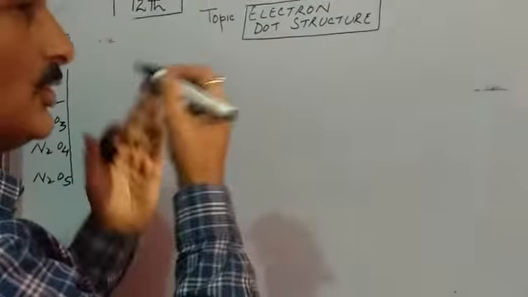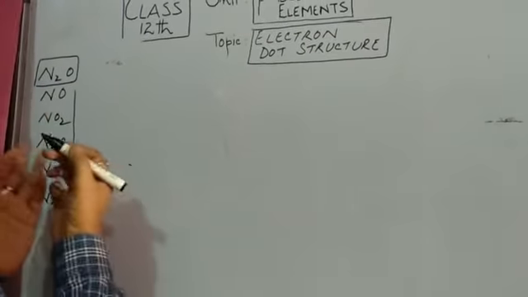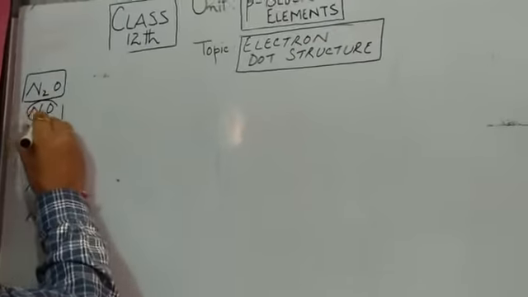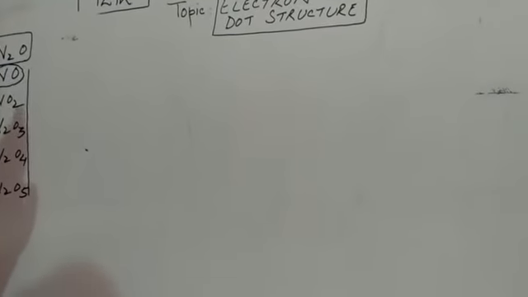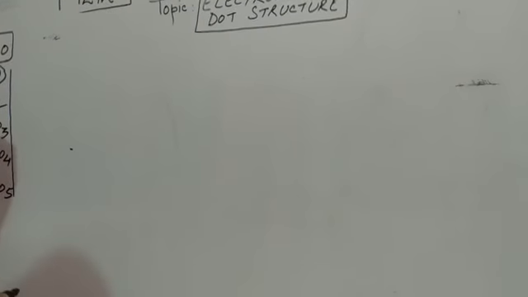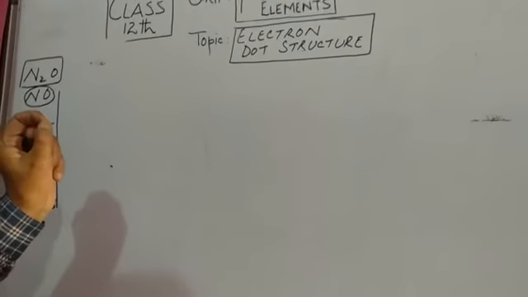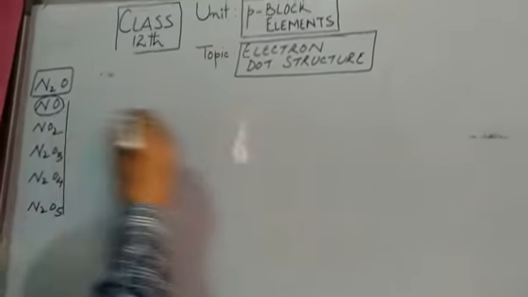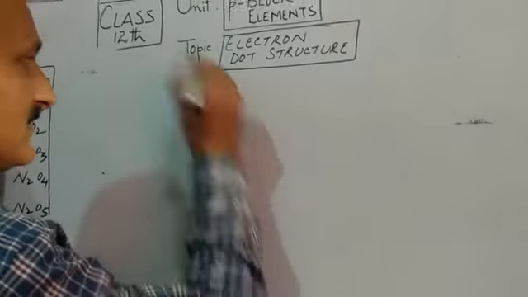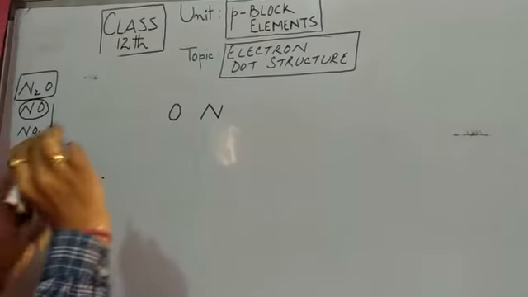Now, following those rules which we have already discussed, the first point was that we identify the central atom, and while identifying the central atom, we have to choose one of these atoms, and one of these atoms can be nitrogen. Why nitrogen? Because nitrogen is less electronegative. So the less electronegative atom is chosen as the central atom. So the central atom will be nitrogen here, and the terminal will be oxygen. Now the first point is done.